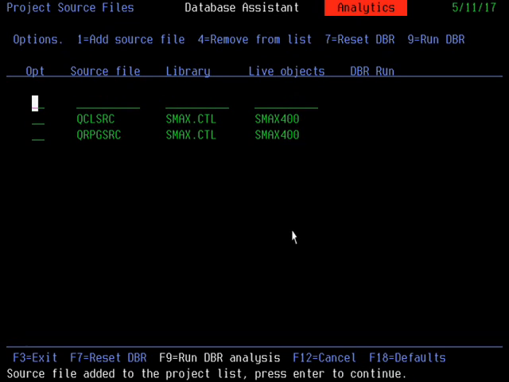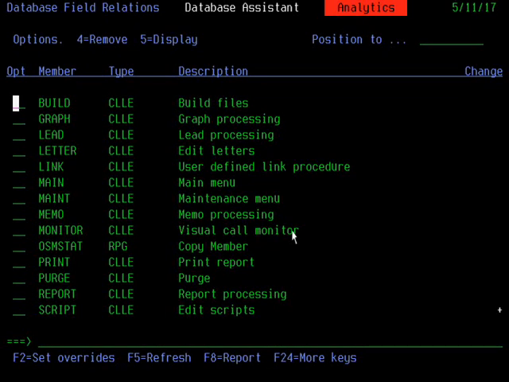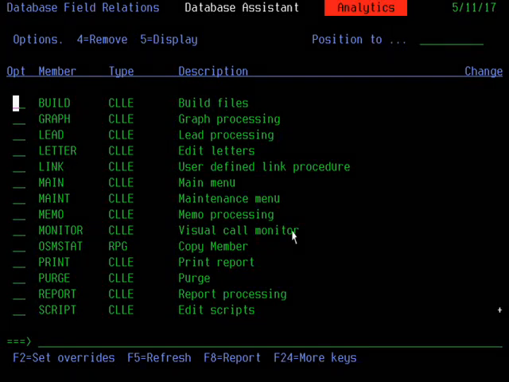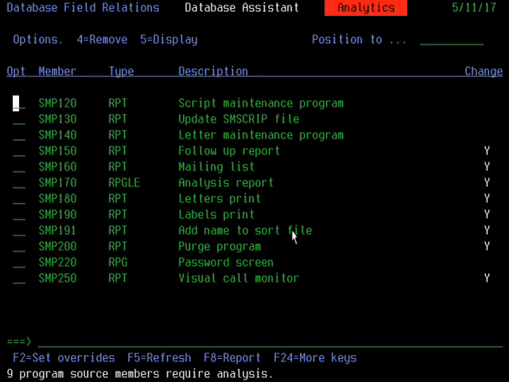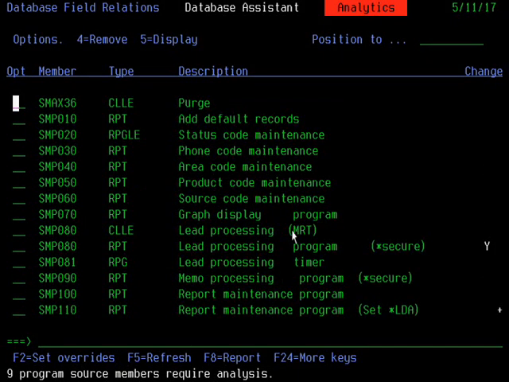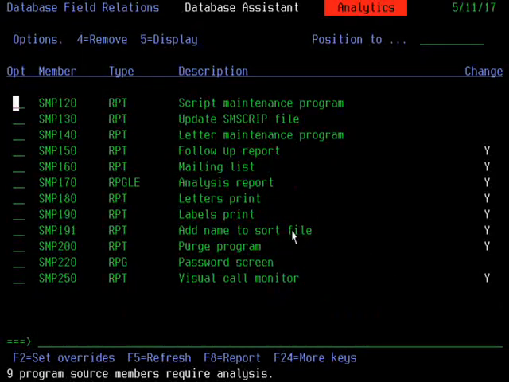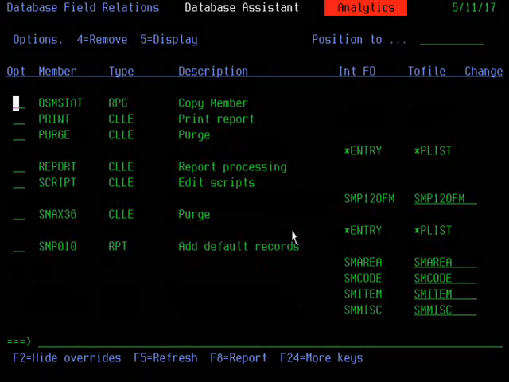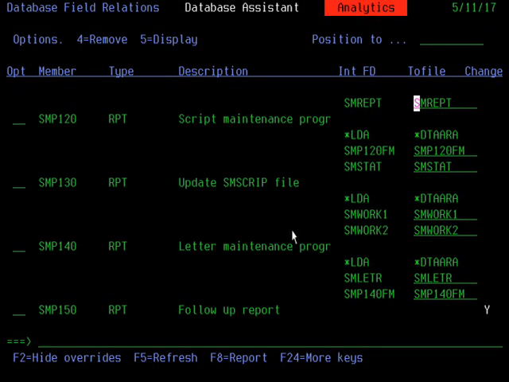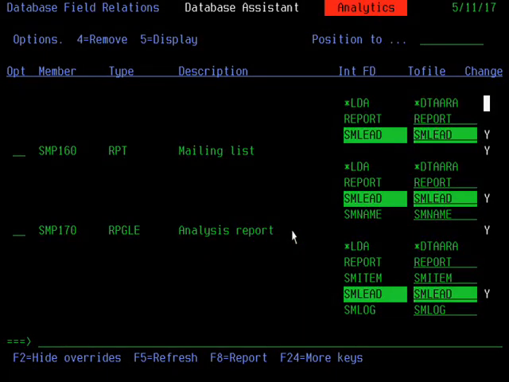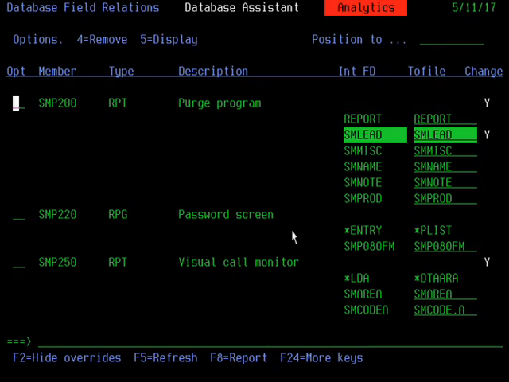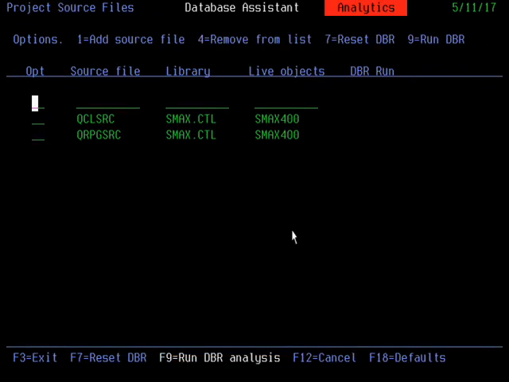And if we just press enter, you'll then see there's a source member list, and if we just page through it, it's found a number of programs, 9 in total, that need looking at by virtue of our field selection through menu option 1. I'll just do an F2 on that. You can see it's based on our initial file selection, which was SM lead. And if I do an F12,